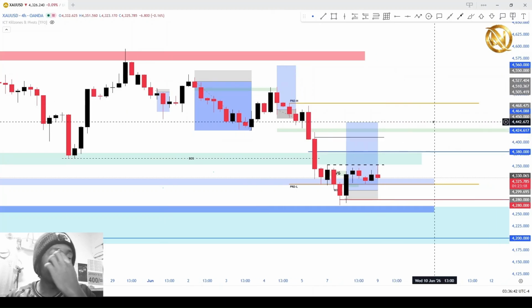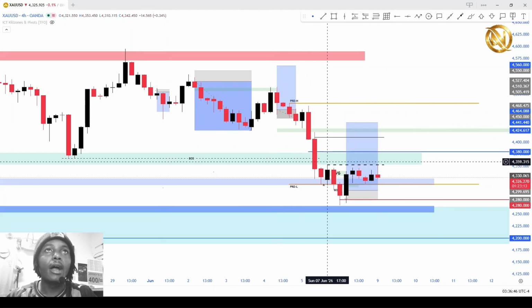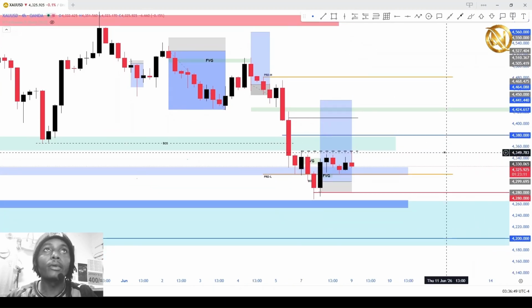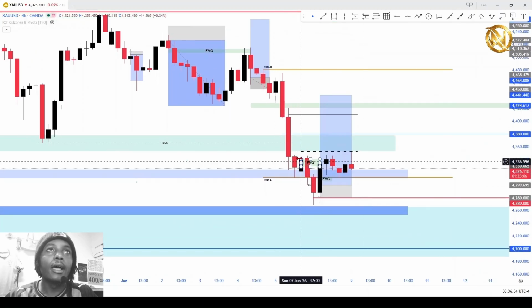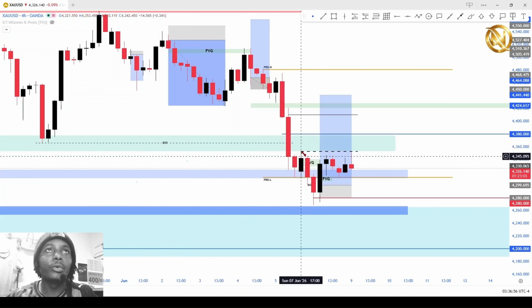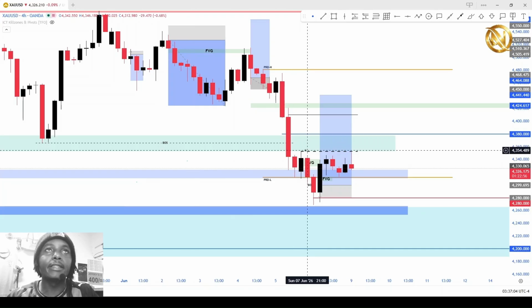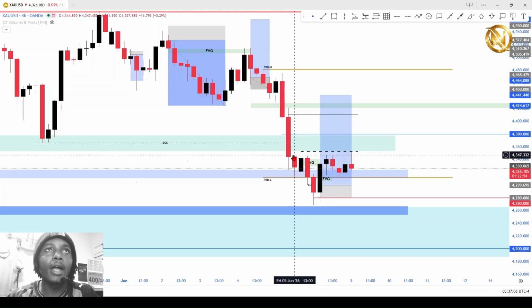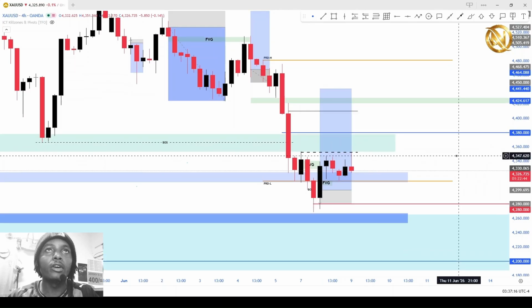So at this particular moment, after we broke structure to the downside, we had this up cross candle that is bullish. We had this bull candle that, after we broke structure, came to mitigate, to seek to balance the imbalance. And as you can see, we have this cross candle and this cross candle. Now this makes it a strong swing structure, which I am currently observing.